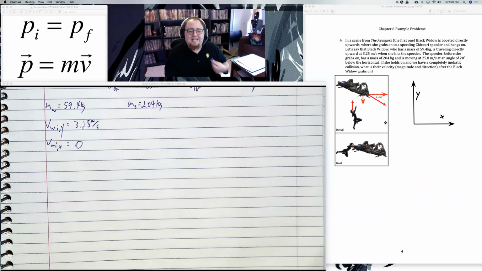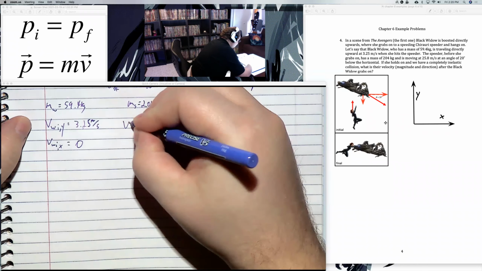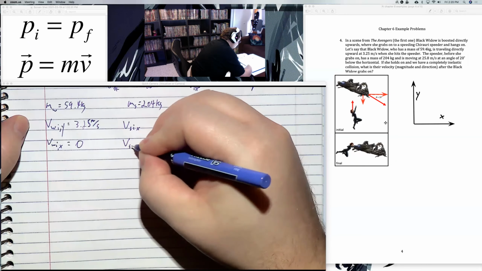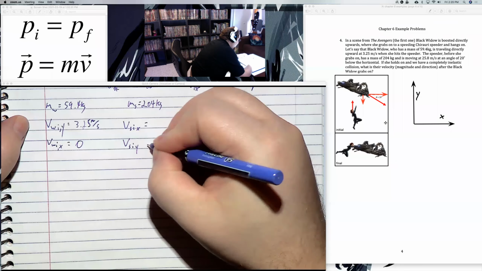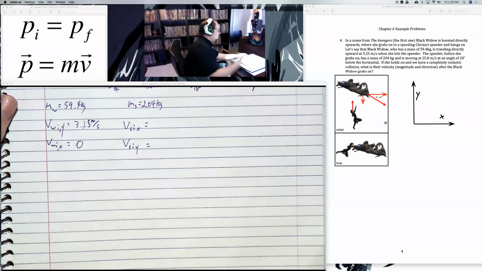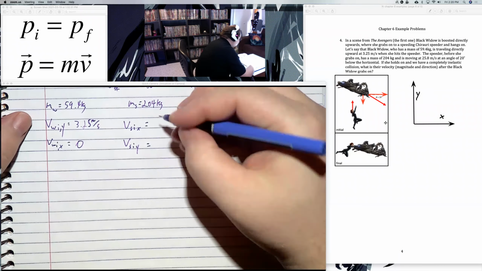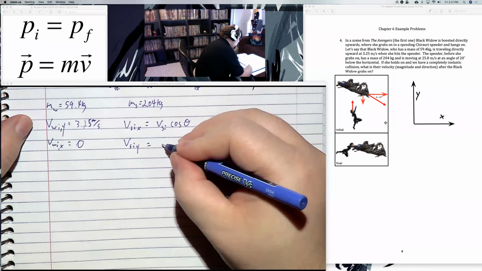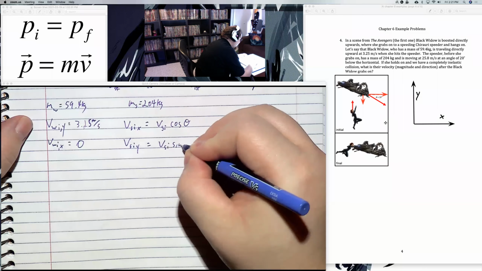And what I'll do is say, let's split that up. I'll say the velocity of the speedo initial in x, and the velocity of the speedo initial in y. I can find those components. The x component will just be the velocity of the speedo initial times cosine of its angle, and its y component will be the velocity of the speedo initial times sine of its angle,